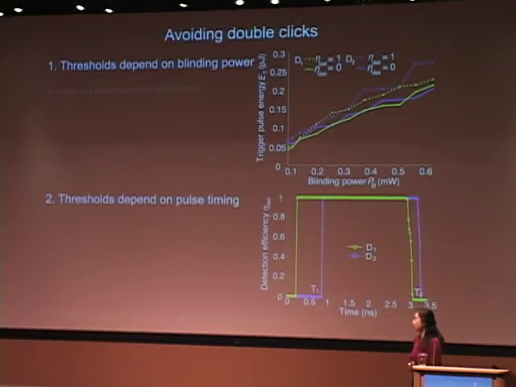The second strategy also depends on the fact that the detection threshold depends on pulse timing. We scan the arriving time of our trigger pulse and then measure the detection efficiency. We find the efficiency mismatch still exists under the blinding attack, so that we can first apply our trigger pulse at T1 to get only a detector 1 click. Otherwise, we can also apply our trigger pulse at T2 to get only a detector 2 click.